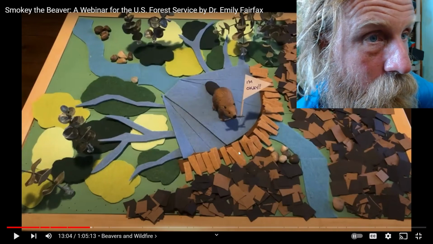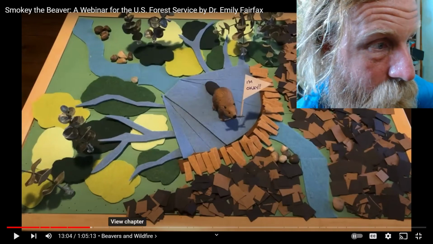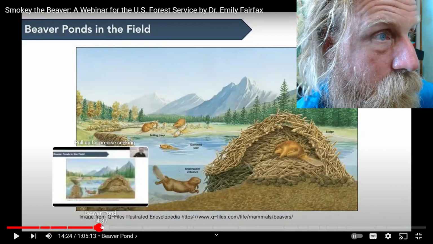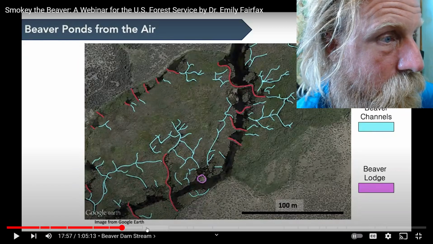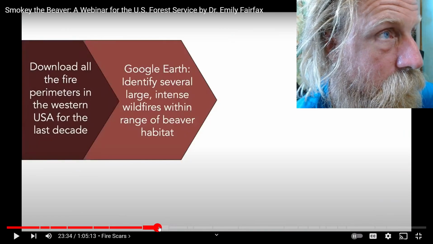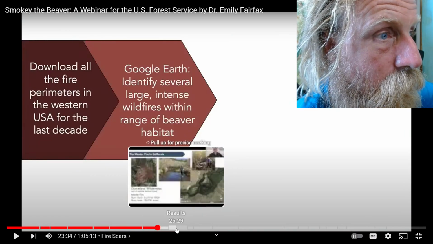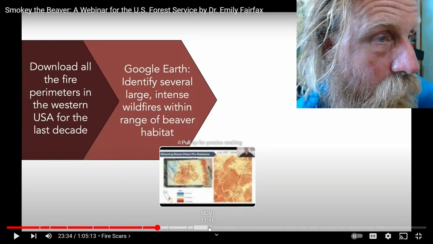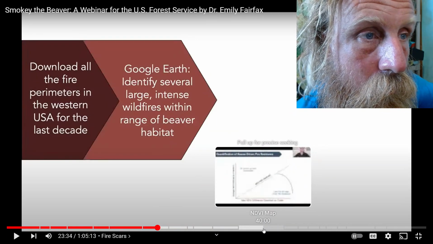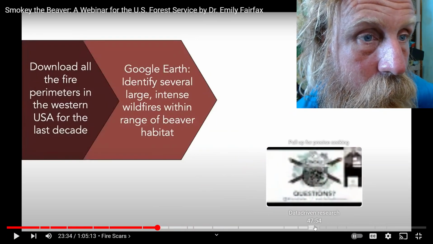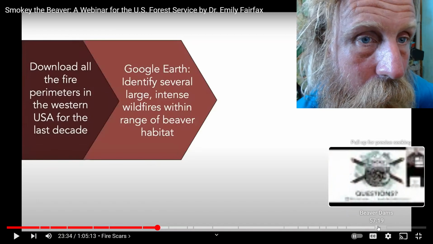They're talking about how where there's no beaver channels, there was fire everywhere. They're trying to use AI to identify beaver stuff. Anyways,